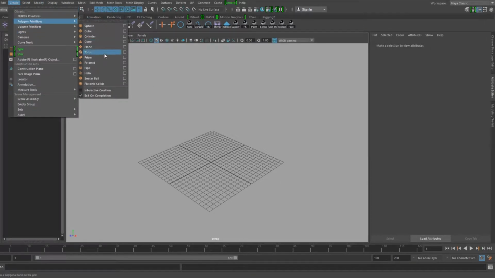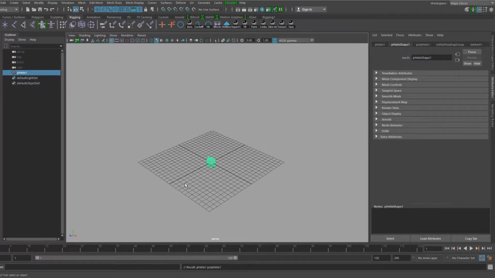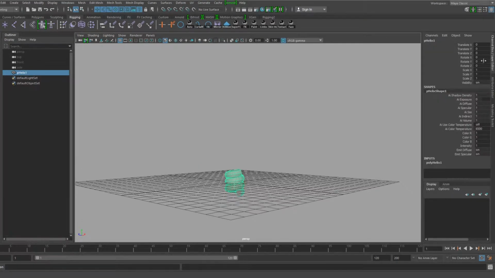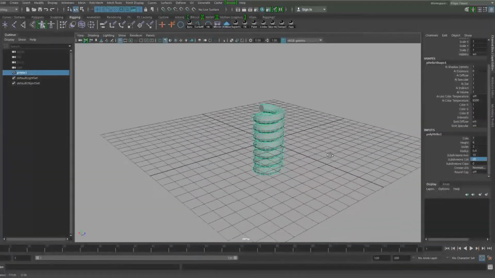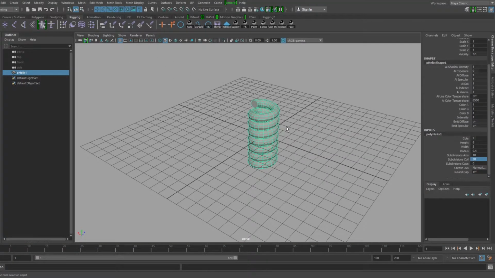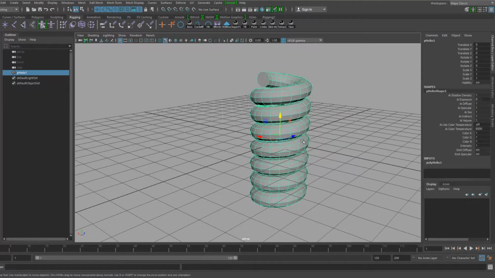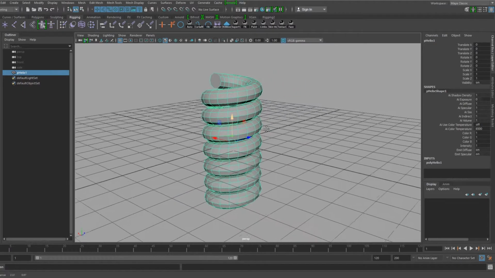First, we'll be making the actual spring by making a helix, and we're going to be messing with some of the helix attributes to make it look better. These are just some of the attributes that I messed with previously that I liked to make a nice little spring here. Yeah, I like the grid on. So, now that we have this lovely little spring,